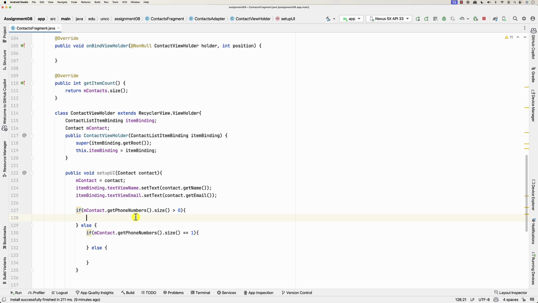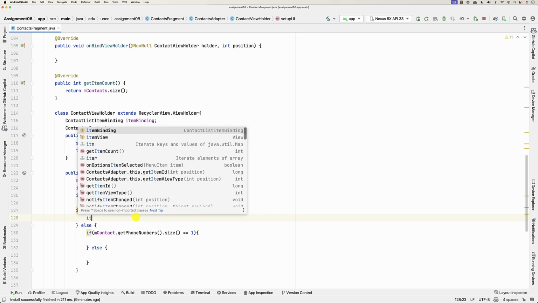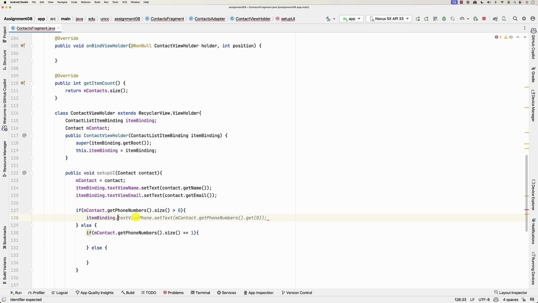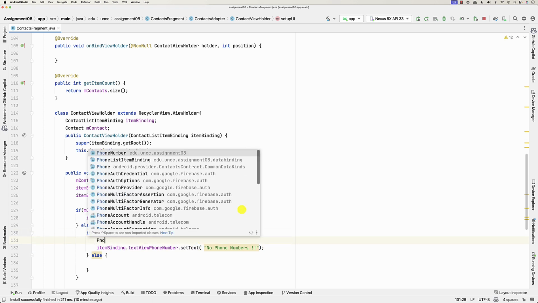So if it's equal to 0, we're going to do item binding dot phone number, and we're going to show that no phone numbers, text view phone number. So that's 1. Now if it has this one, what we're going to do is we get the first one, and so phone number,